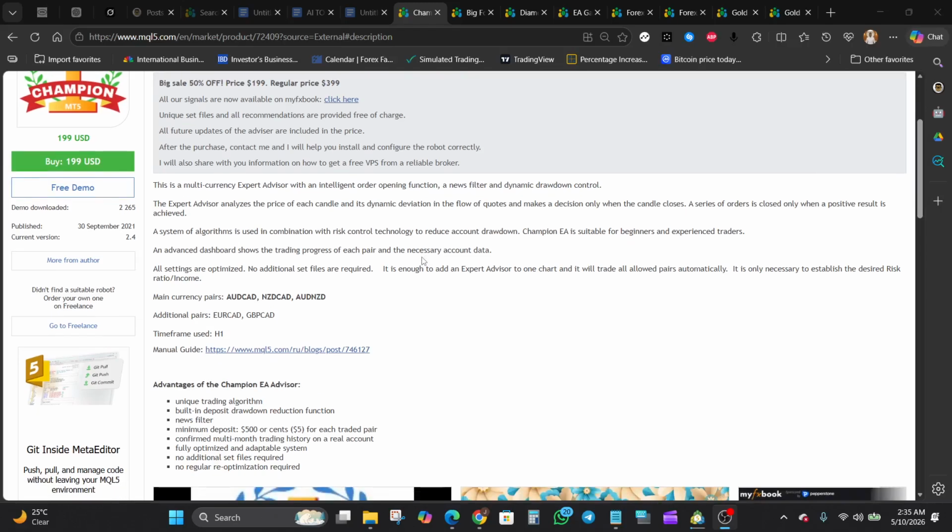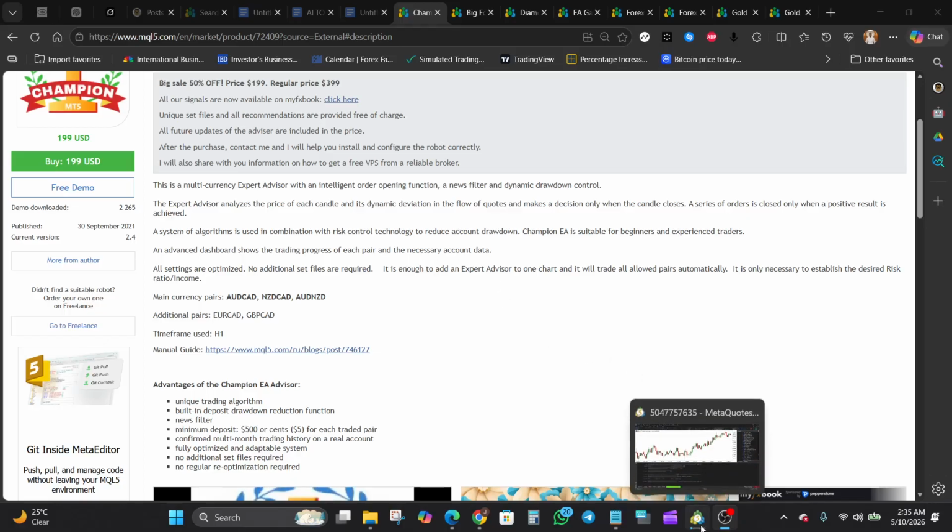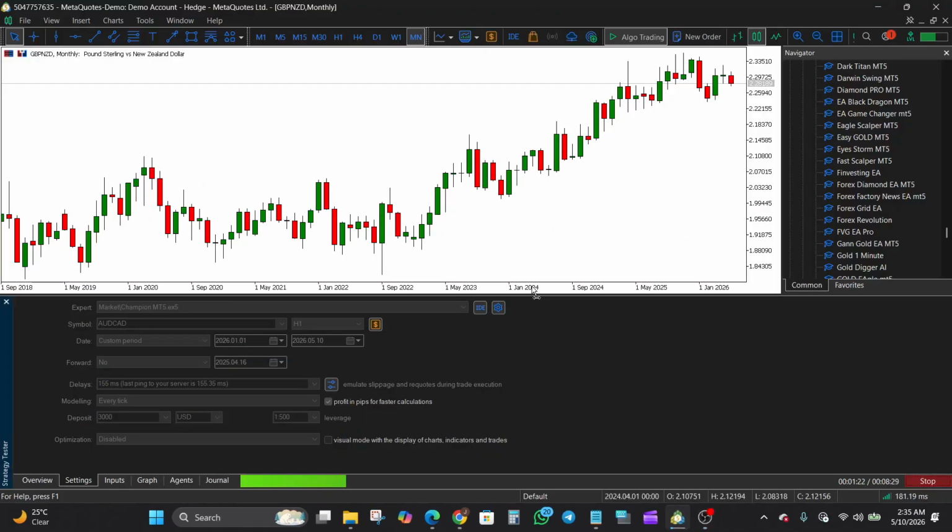Instead of blindly increasing exposure aggressively, the EA actually seems designed to balance trade recovery with account protection, right? So that matters a lot because many grid style systems perform well during stable periods but collapse during extended directional markets. I also like the fact that